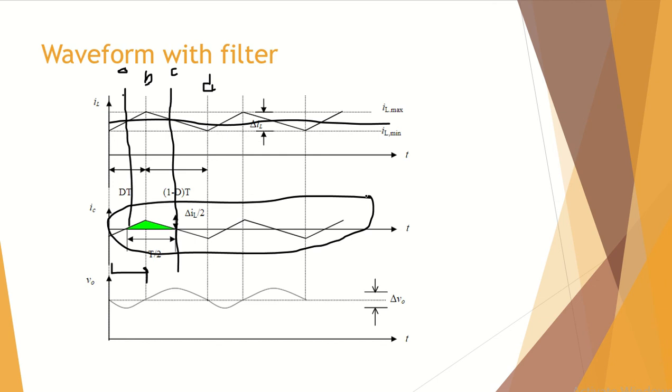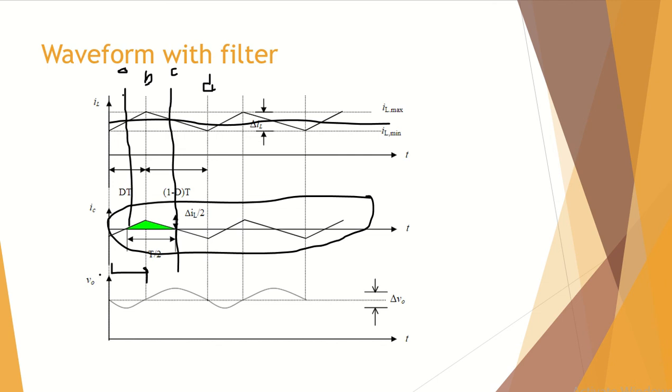So why have we done this? Because we want a constant value of the load current, and due to the presence of the inductor, we have a current ripple there. So this current ripple basically appears across the capacitor. I hope this is understood by you. I hope it is okay with you.